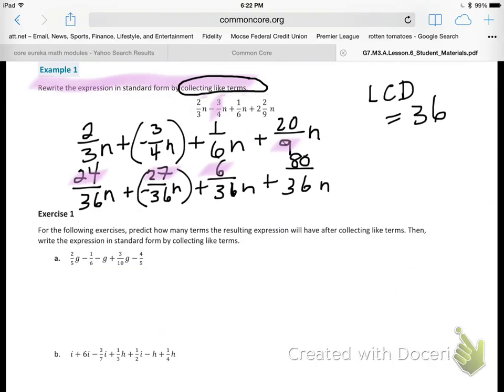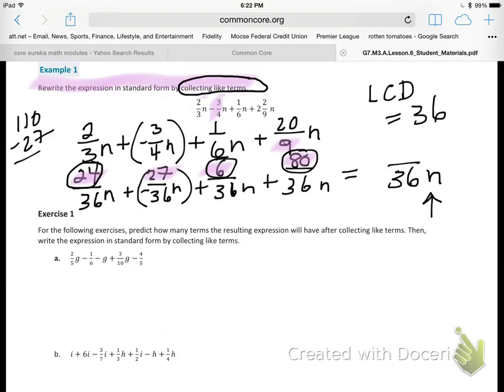We know our answer is going to be something over 36n, because our variable is not going to change. We have all of our positives first, so 80 plus 6 is 86, plus 24 is 110, and then 110 take away 27, that's 83. So 83